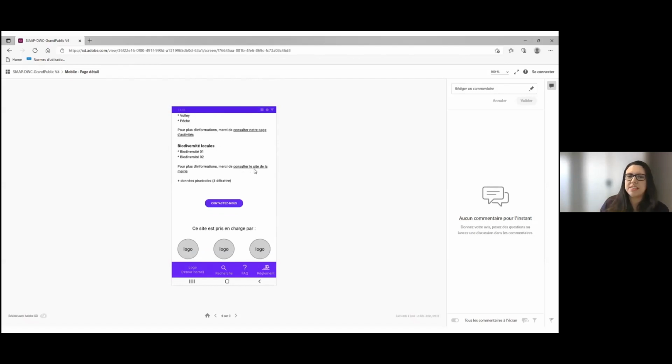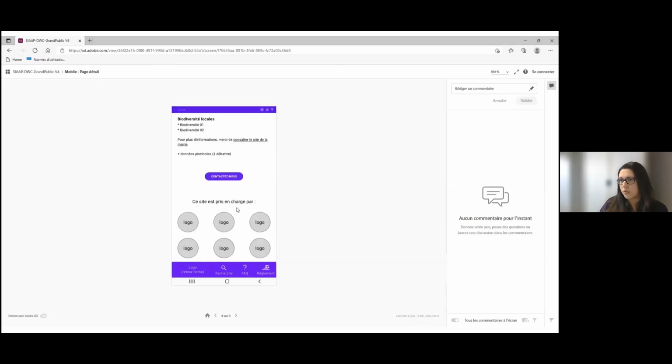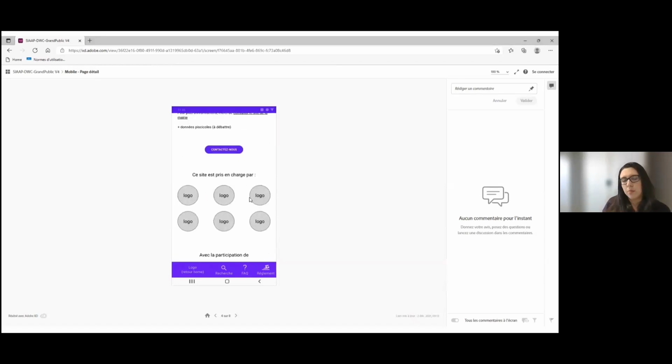Will there be specific vegetation at the level of the bathing site, and possibly the little key "contact us", which sends to a pre-filled form, and therefore, if there is a concern, they can send it directly to the manager and to the logo of all the entities that will manage the bathing site more specifically.